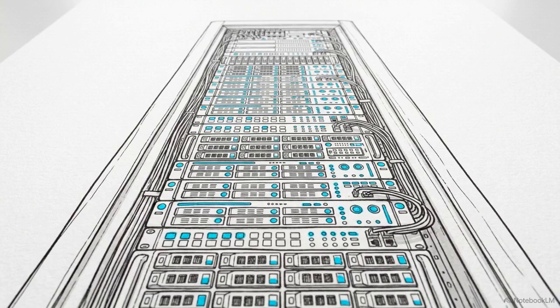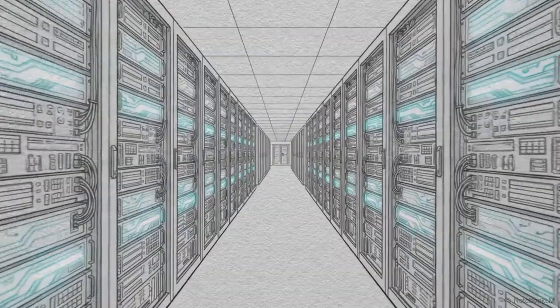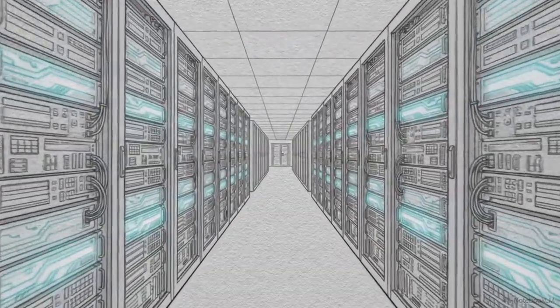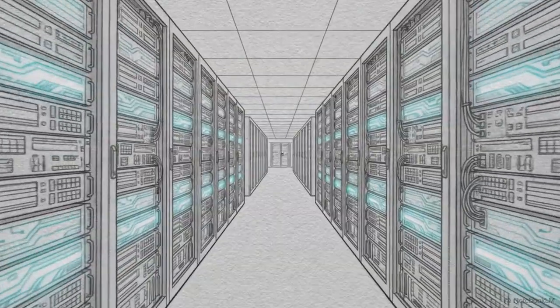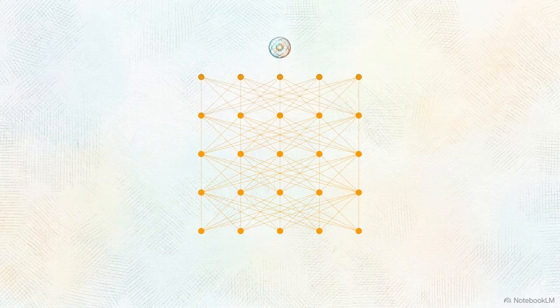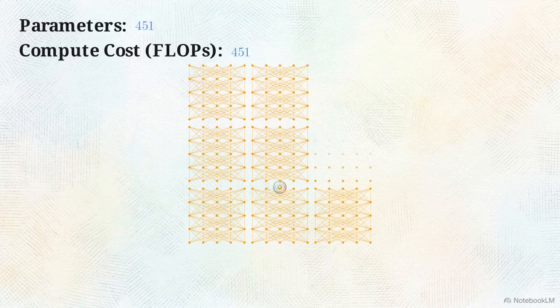To increase the capacity of a deep learning model, you normally have to pay for it in computation. A larger model requires more hardware, drawing more power every time it processes an input. This animation shows why. In a standard dense neural network, the parameter count and the per-example floating point operations are strictly coupled. An input vector must pass through every single node in the matrix to generate an output.